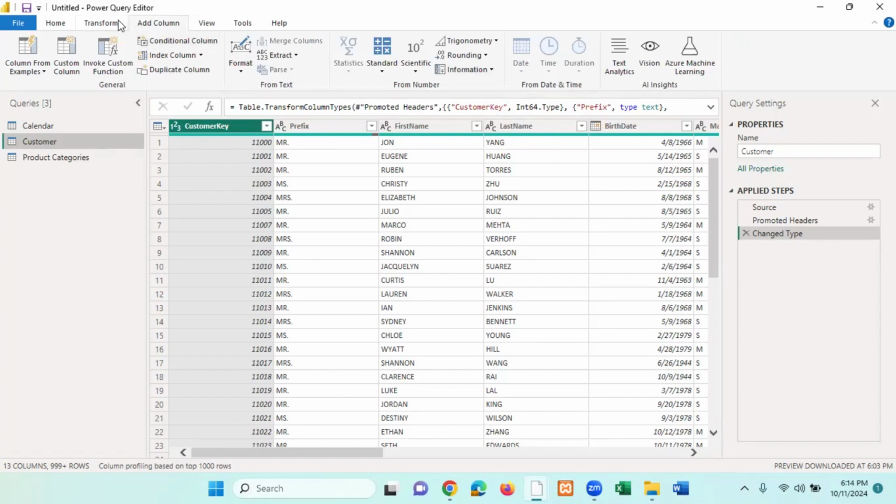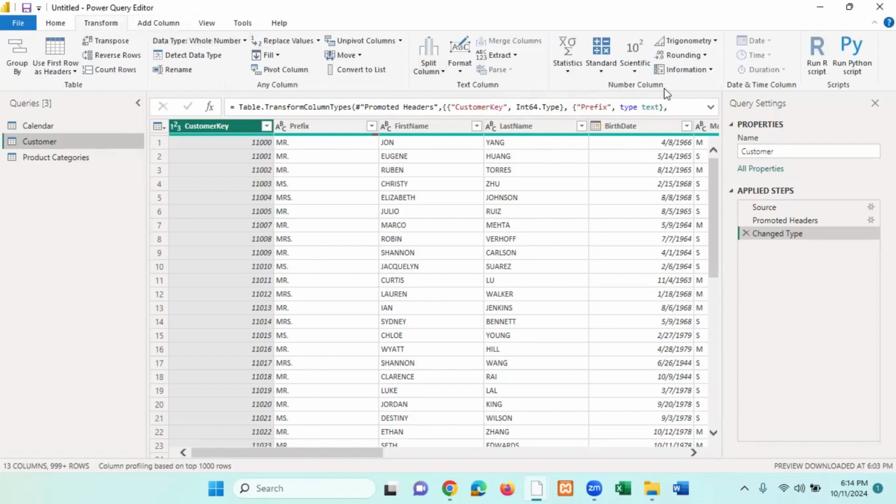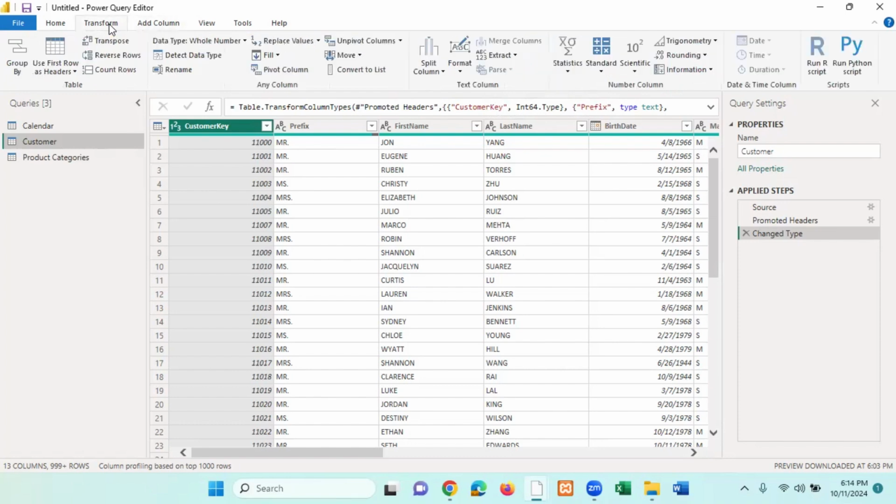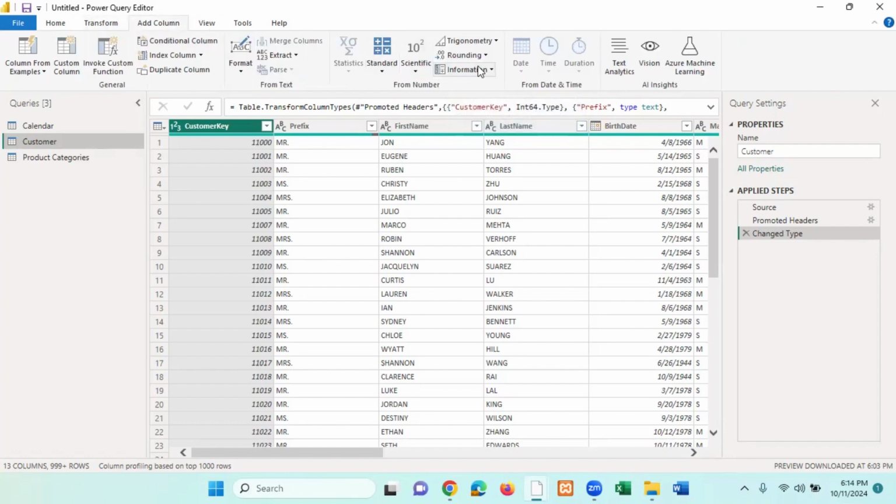That's equivalent to what we saw also when we were dealing with date and time. Now, the question is, what is the difference between when I go to the Transform tab and select a command and when I go to Add column and select the same command here? Very important and very interesting. Now listen,